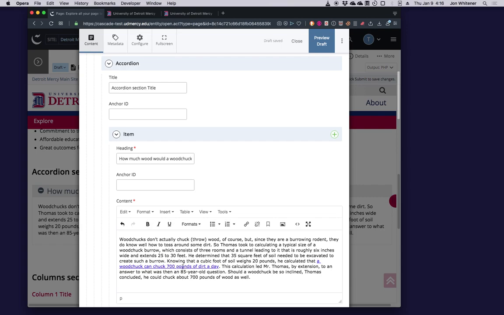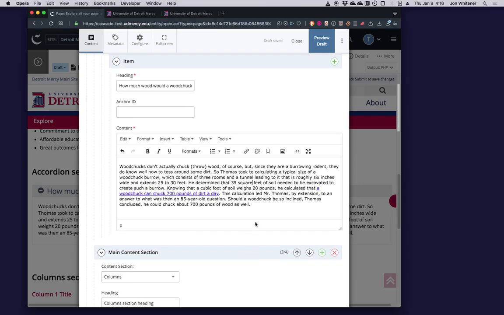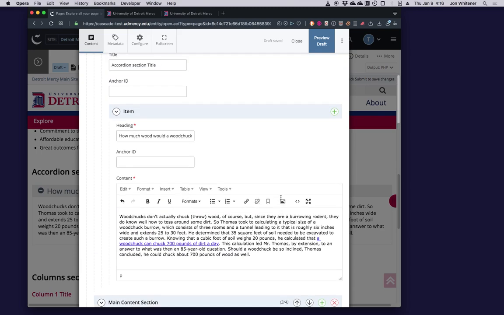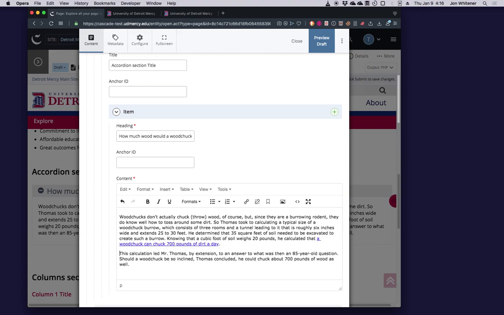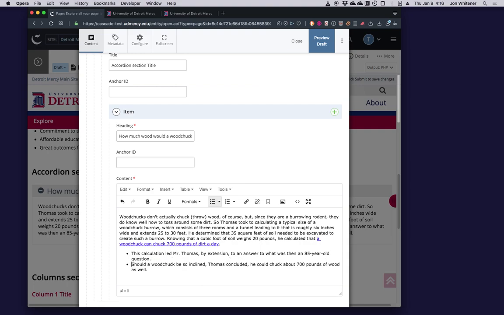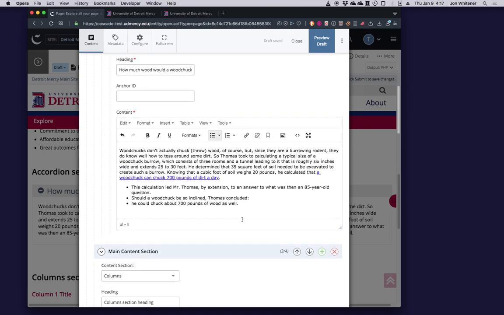If I want to remove a link, we'll do that later. It's pretty obvious, but that is just one part of the rich text field that I skipped earlier. Just to show you real quick, if I hit enter here and click the bullet list icon, it's going to format this paragraph as a bullet list, and then I can hit enter again, and that's how you do a bullet list. Again, that's a good way to present information that's easier to read and scan over.